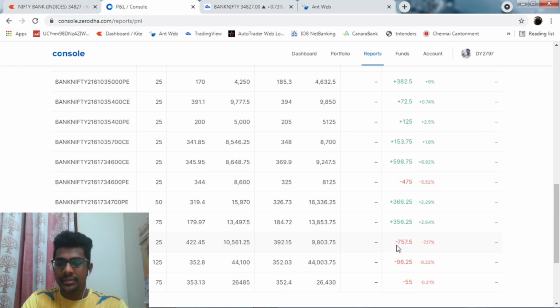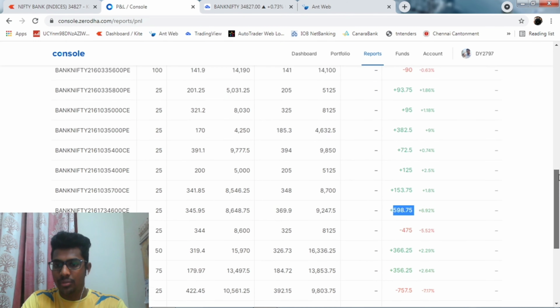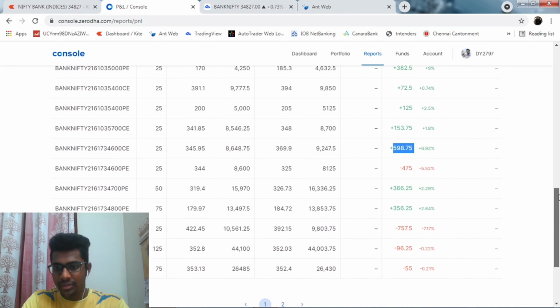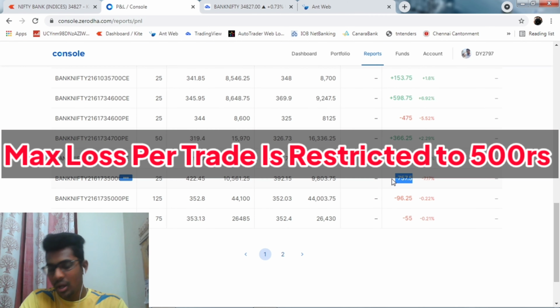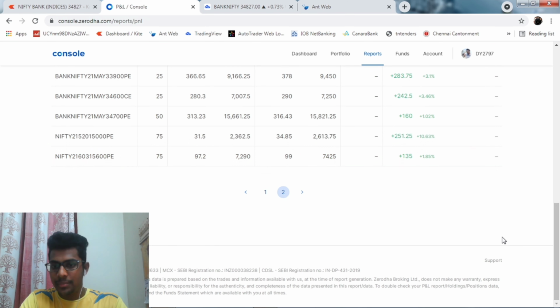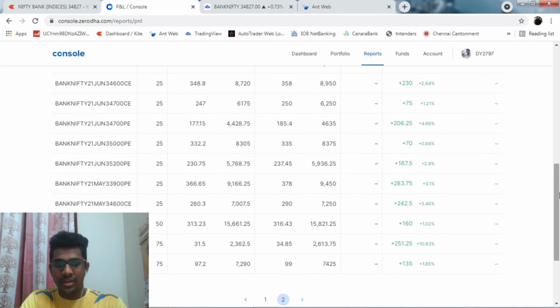This is one 757 loss trade, and this is a 475 loss trade, and parallelly I also managed to make around 600 rupees per trade and 400 rupees per trade. So things like that. If you see, per trade I made 300, 350, and the maximum I lost in this Nifty options June is 757, I guess, in a particular trade. And if you see the other trades,